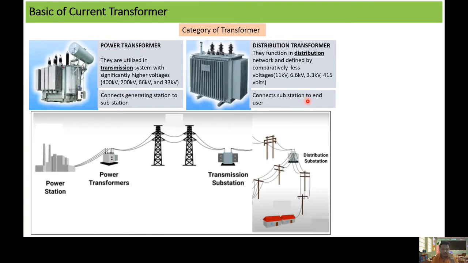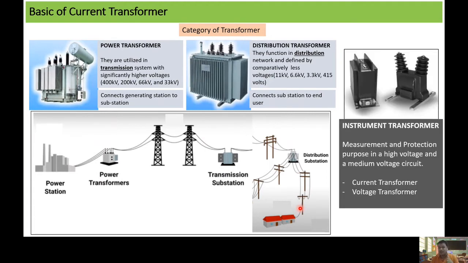Let us understand this quickly with the help of this diagram. There is a power station where the power is produced, and these power transformers are used to step up the voltages. Then these voltages are transmitted in a transmission network and reach the substation, where the voltages are stepped down and pushed into the distribution network. The transformers available in the distribution network further step down, and these voltages are available for general consumption. So this is the basic difference between a power transformer and a distribution transformer.